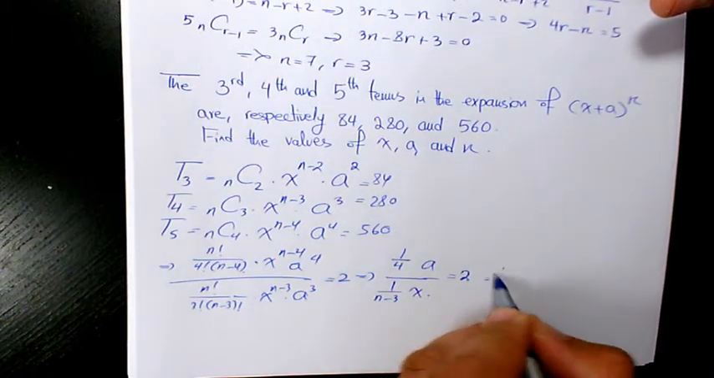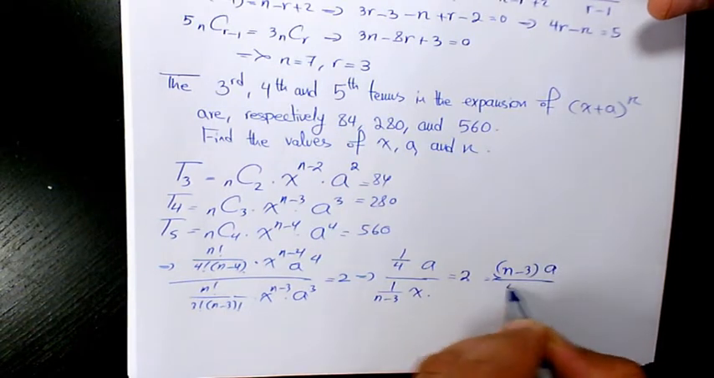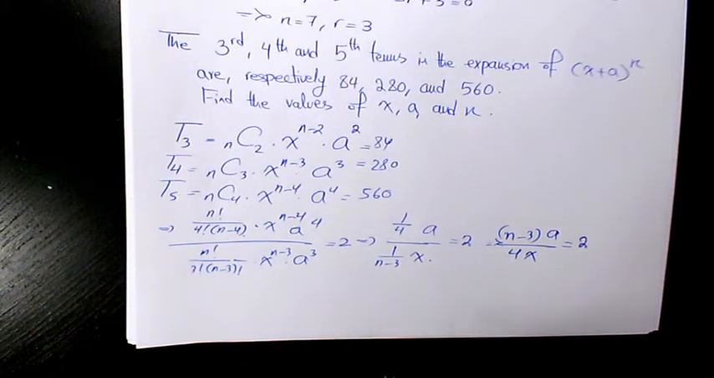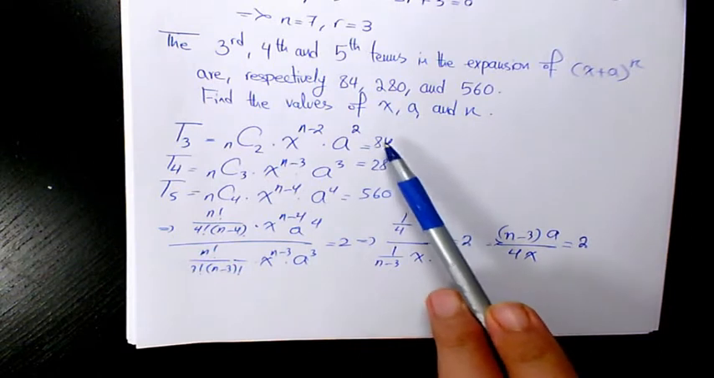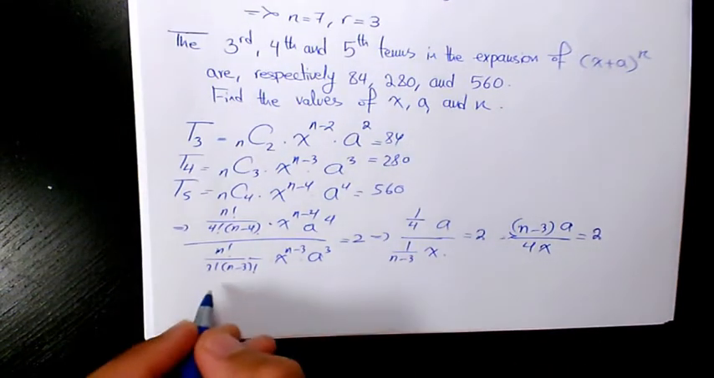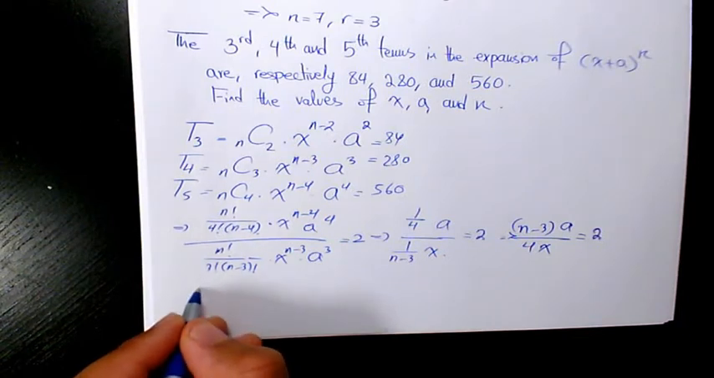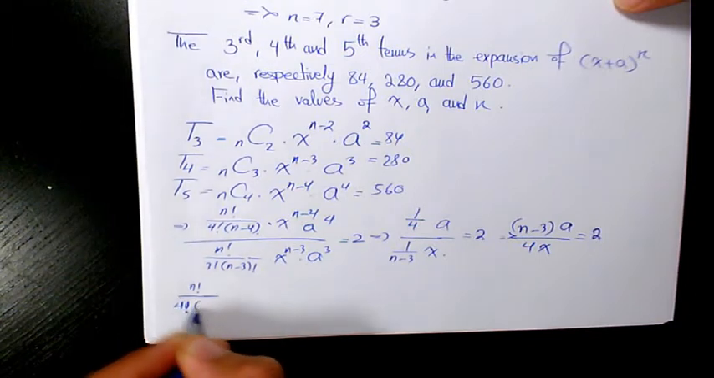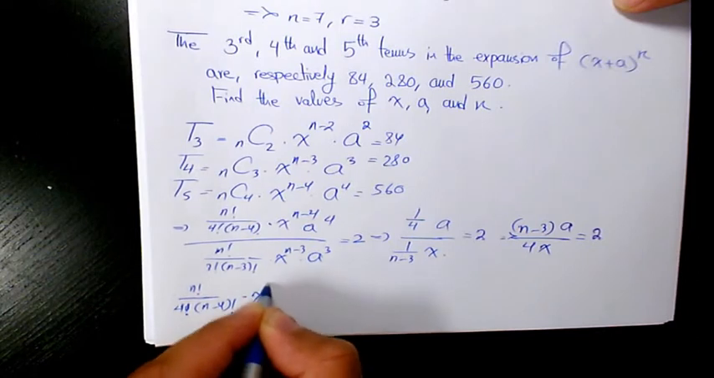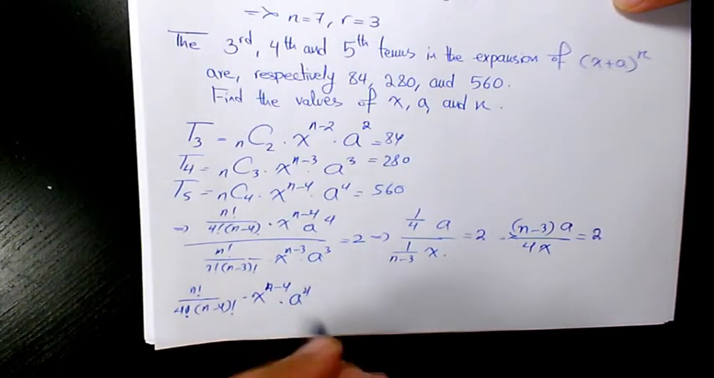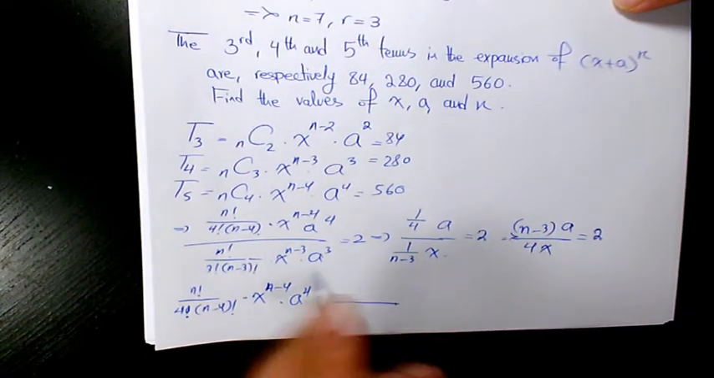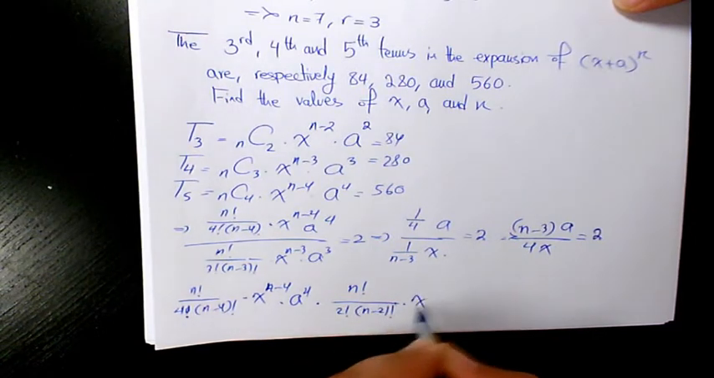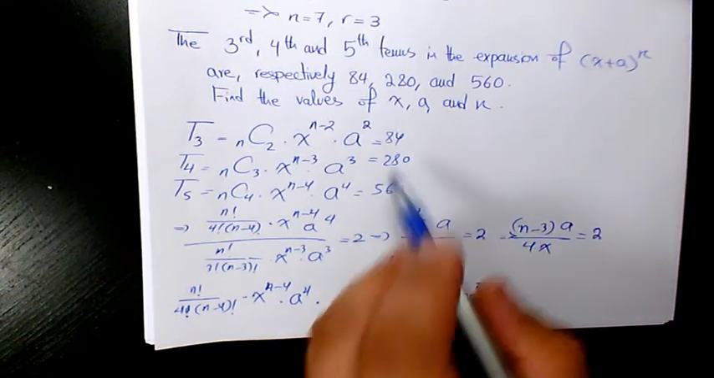So we're gonna say (n minus 3) times a over 4x equals 2, which doesn't really help, but the thing we can do is multiply these two, which is going to be n factorial over 4 factorial times (n minus 4) factorial times x to the power of n minus 4 times a to the power of 4, times n factorial over 2 factorial (n minus 2) factorial times x to the power of n minus 2 times a to the power of 2, equals 84 times